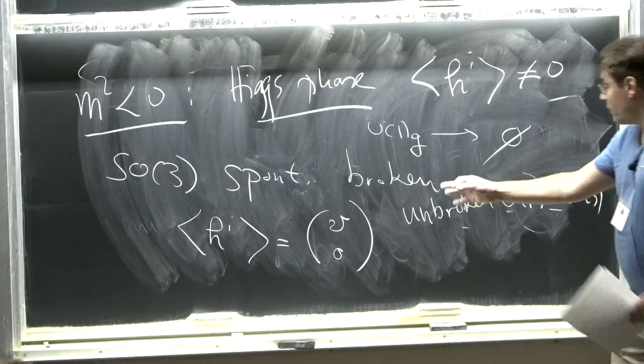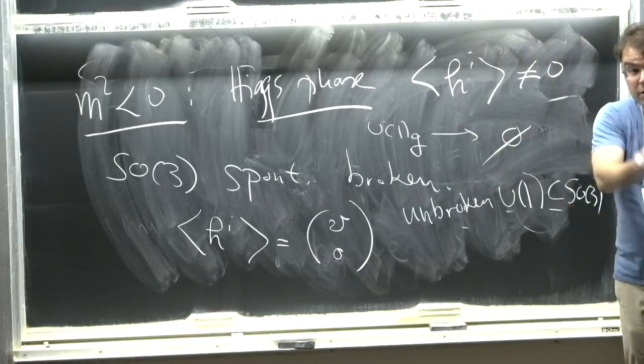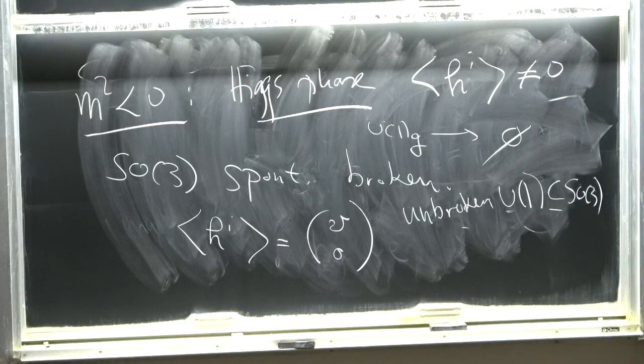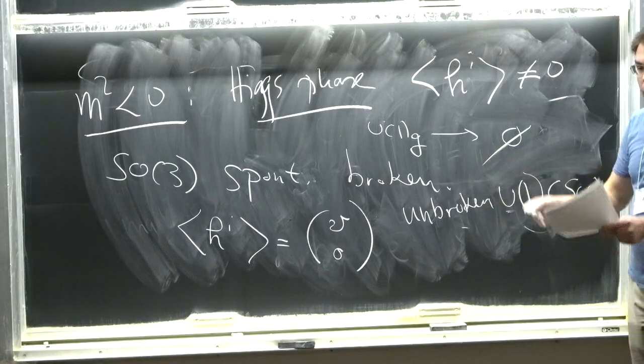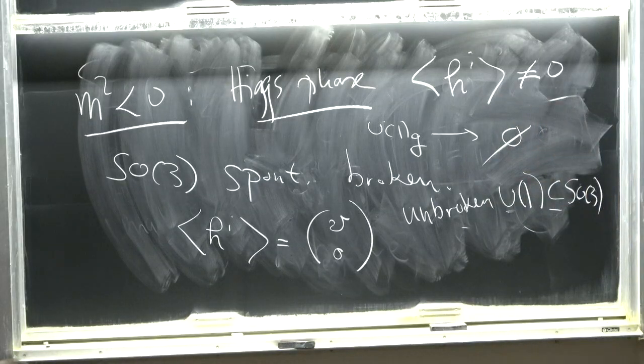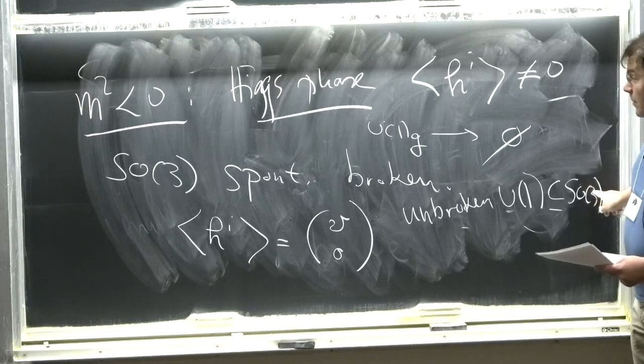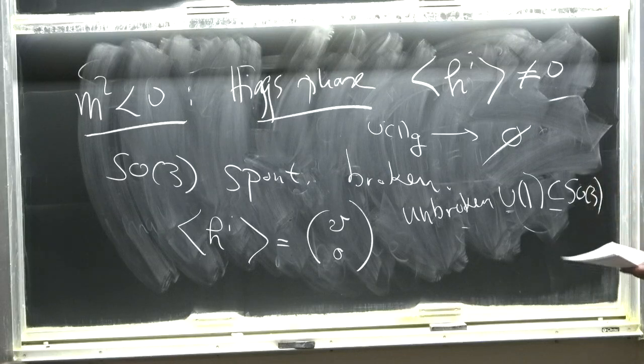Okay. This kind of breaking pattern where you have a global and a gauge symmetry and they break to the diagonal is also called sometimes, well, in QCD, it's called color flavor locking. In here, it's gauge flavor locking. And it has interesting consequences. For example, it's what describes very high density QCD, which is roughly speaking described by a similar type of Higgs model. Okay. So the SO3 symmetry is broken to its U1 Cartan.